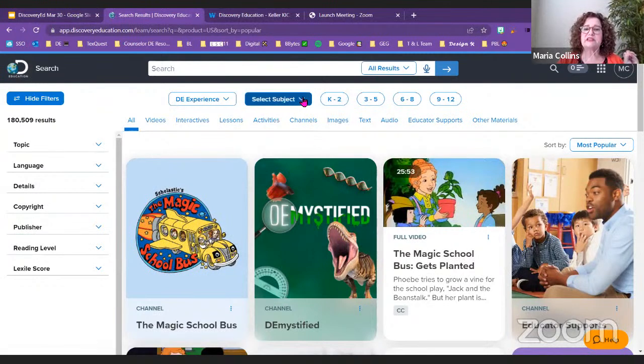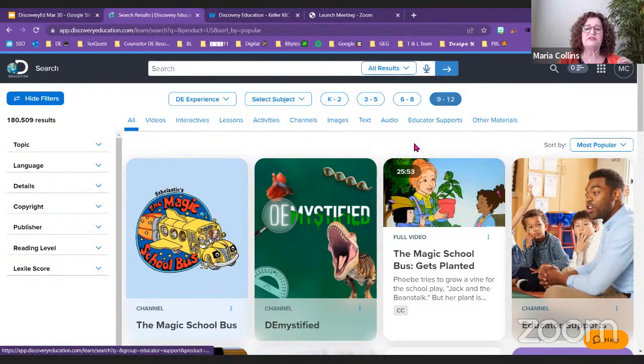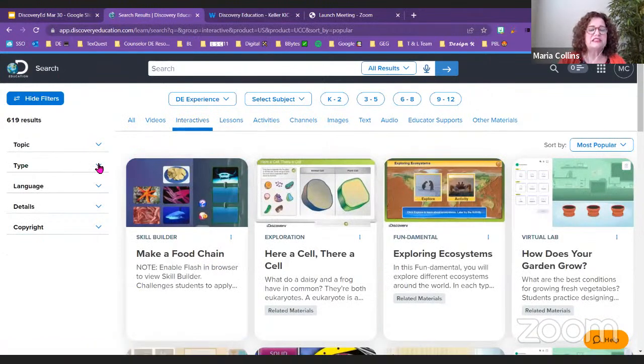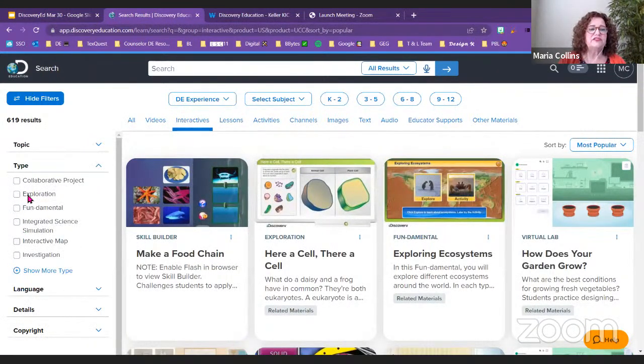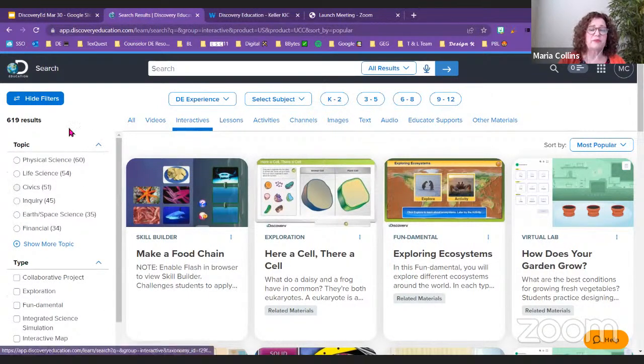So you can filter by subject, you can filter by grade level, you can filter by specific asset types. So let's say that I'm looking for an interactive. So I'm going to click on interactives. And then when you go to type, you can filter further. You can filter by topic. And of course, I didn't even put a keyword, which is what I would highly recommend.